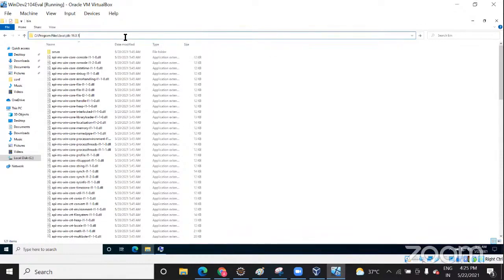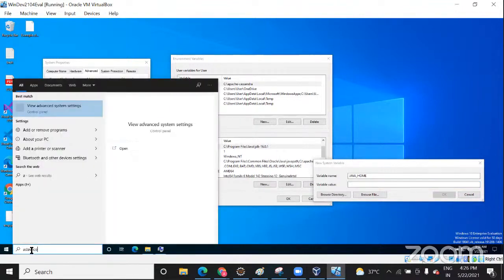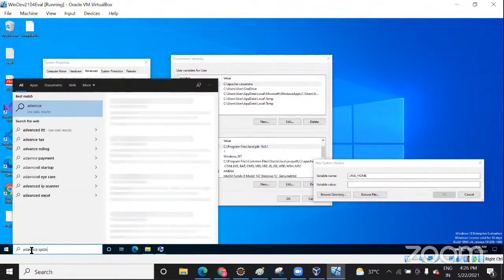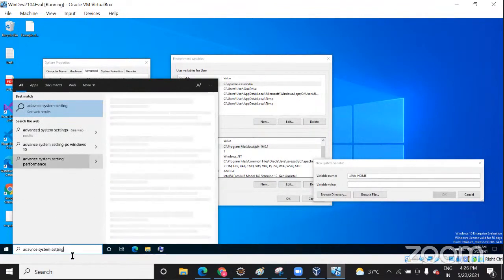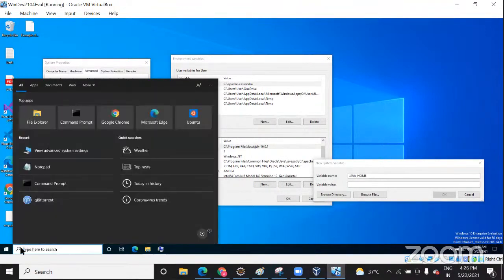Can you show it again? So I have copied my path. Then next, see JAVA_HOME, and I have given the path till JDK 16.0. How do you open that environment variables? Here just type advanced system setting, or you can type environment variable, both are the same.